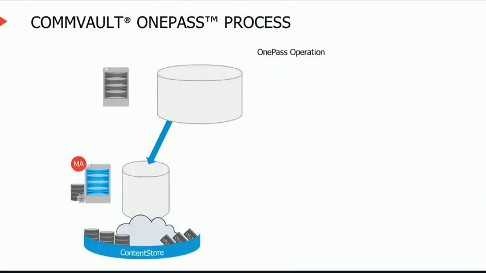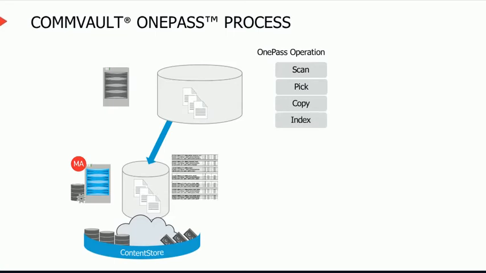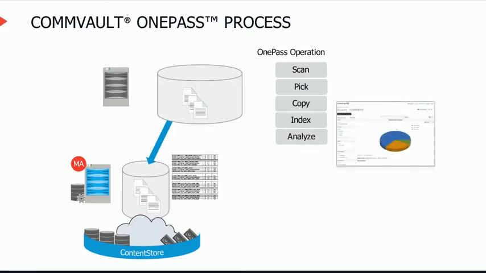This graphic depicts the basic process that occurs with CommVault OnePass operations. First, the file system will be scanned. Next, the files eligible for processing will be picked. Those files will then be copied to the content store. At this point, the indexing operation will take place, as well as the analysis of that data for later reporting